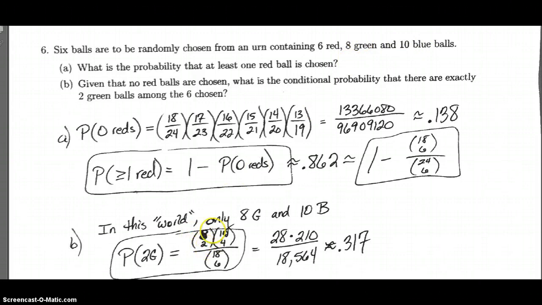We choose exactly 2 of those 8 green balls, leaving us with 4 out of the blue balls. That'll be a total of our 6 balls, out of the total ways that we could choose 6 from those 18. So notice all of this completely ignores the fact that there ever were red balls, which is what we want to do in this world of given that no red balls are chosen. And this would give us the total